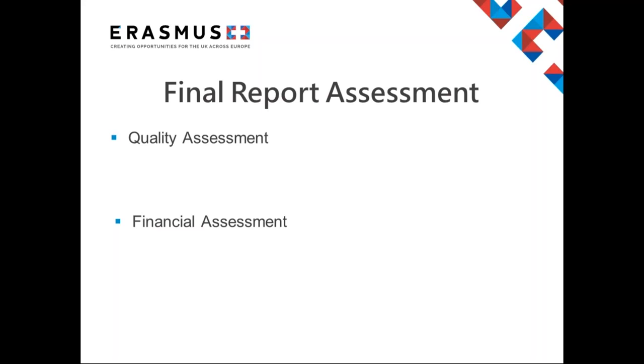After this, we will send you an acknowledgement of receipt of your report to let you know that the assessment process has begun. We will also let you know at this point if you need to give us more information towards a desk check. The final report then goes through two different types of assessment, one quality assessment and one financial assessment. The quality assessment is scored out of a maximum of 100 points based on specific quality criteria, which focuses on